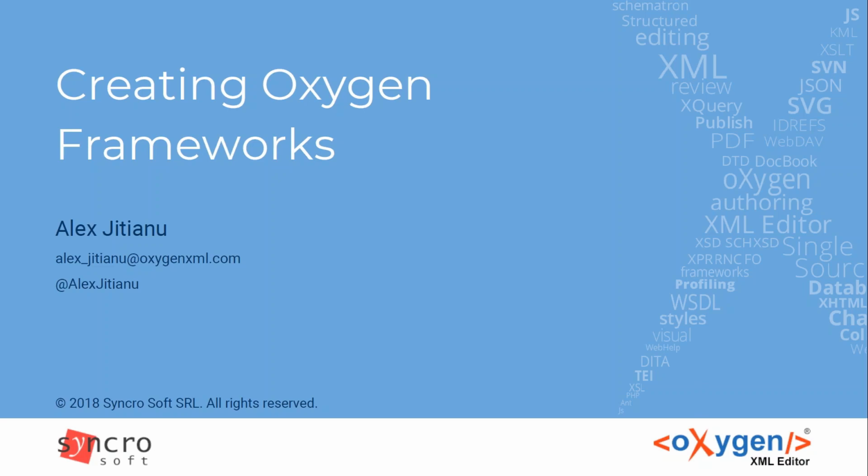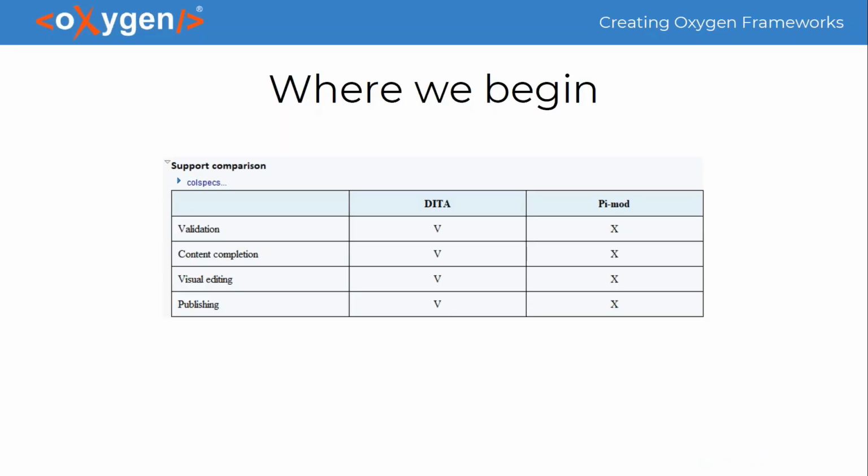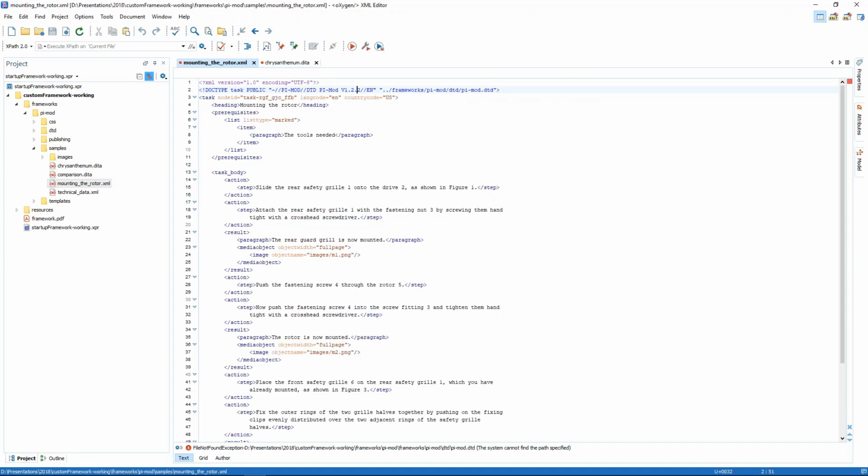And for that, I have chosen the Pmode XML vocabulary, which is quite used in the technical documentation area in Germany. So let's see where we begin. I will make a quick comparison between a DITA document and a Pmode document and see the level of support that Oxygen offers for each of them. So I'll switch to Oxygen,